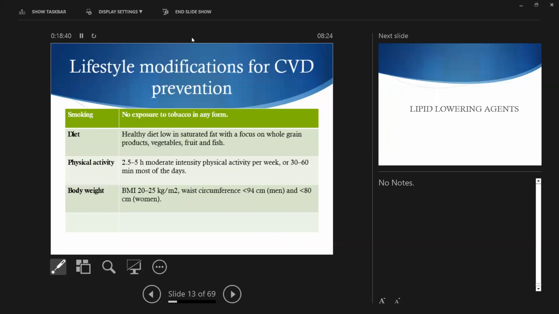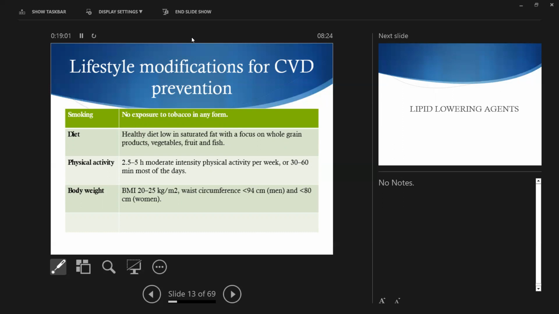So how do you modify this cardiovascular disease and also dyslipidemia? Initially, it's lifestyle modification. In patients who smoke, you have to recommend to stop smoking. In patients who don't smoke, advise them not to start. And diet should be a healthy diet low in saturated fat,